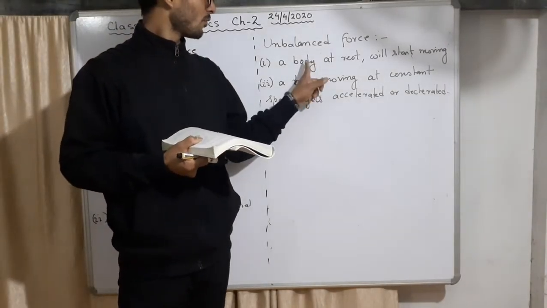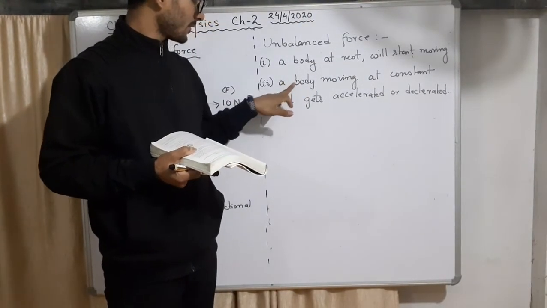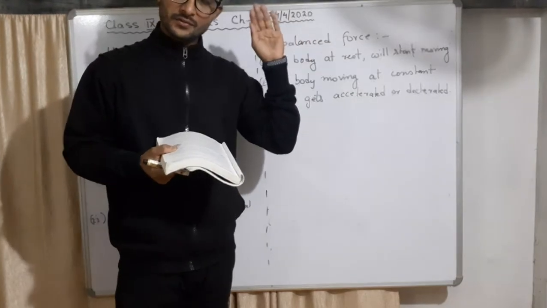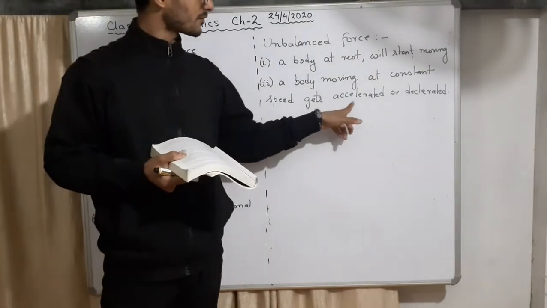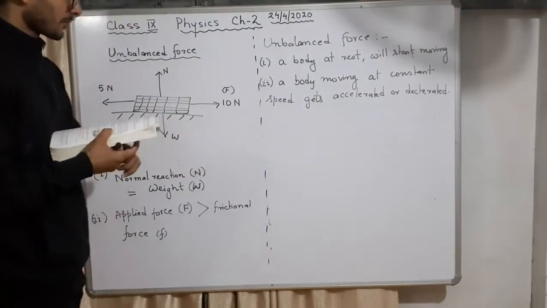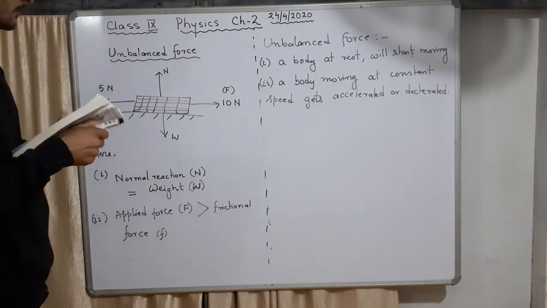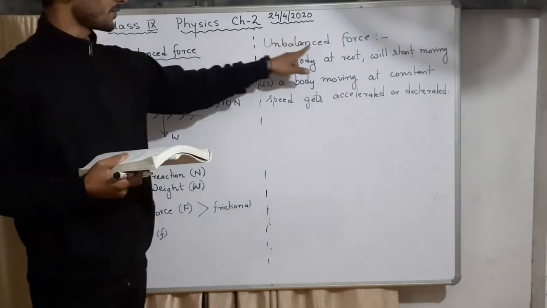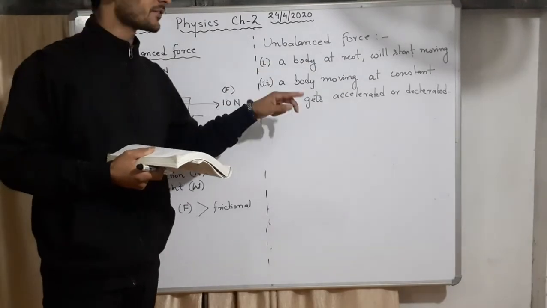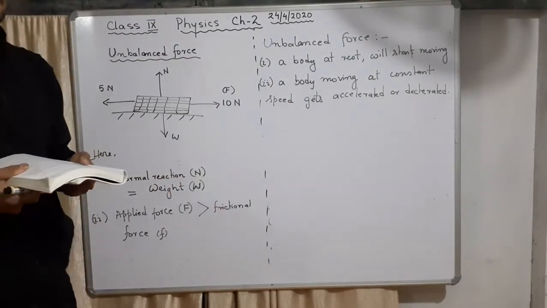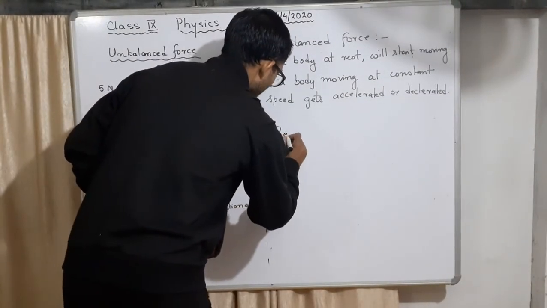A body which is not moving, it can make it move. And a body which is already moving with some constant, uniform speed, it can change its way of moving and make it speed up or slow down. In both cases, you understand, both are forces we are studying, unbalanced or balanced. So the work of force is to change the state of the body, whether it is at rest or moving uniformly. Now the next topic is